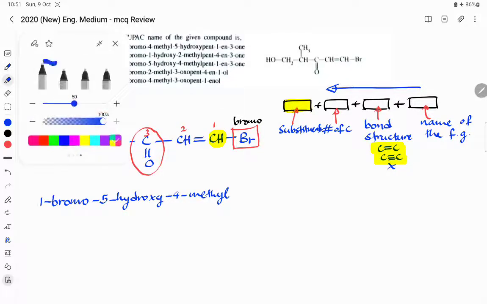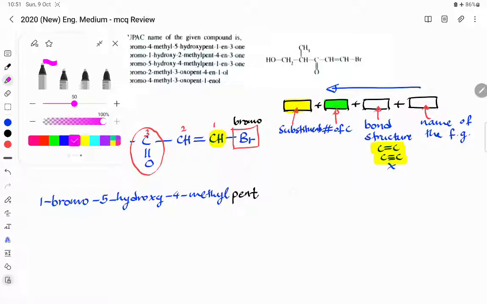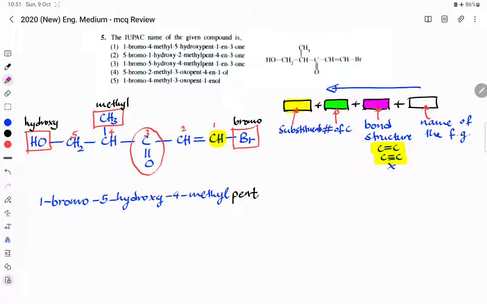Let's go to the second part. The second part is the number of carbons. The number of carbons of the main chain is 5. Therefore, its name will be pent. Then let's go to the third part. It shows the bond structure. There's a double bond. When there's a double bond in the main chain, we have to write ene, and that ene is at the first carbon. Therefore,